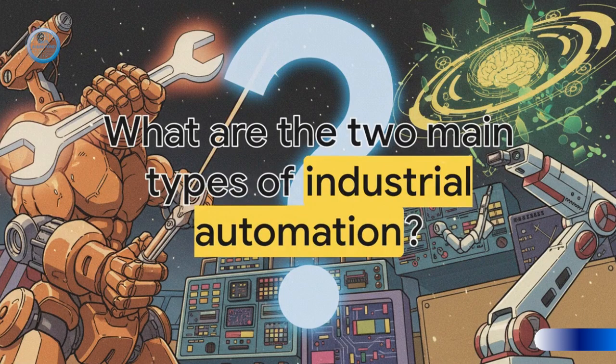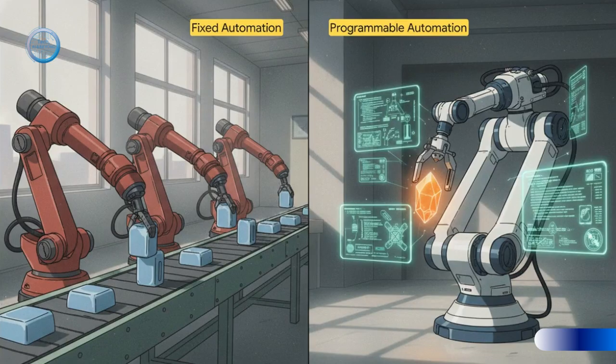All right, now that we've nailed down the core idea of automation, delegated control through feedback, let's see how it actually shows up in the real world. Specifically, in the place where it first had a massive impact, the factory floor. So how does this concept play out in a big industrial setting? Generally speaking, we see two main types.